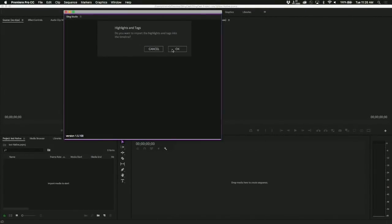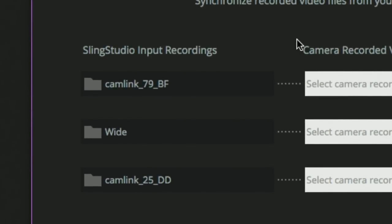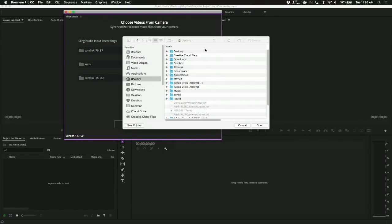It's going to say Highlights and Tags. So I click on that. Now, what's different here? This again is pretty amazing. It went out and it knows each of the names of the camera links, 79, wide and 25. And now what it wants us to do is to go ahead and just point it and tell it where that media is. So I'm going to just grab this camera 29 or 79,